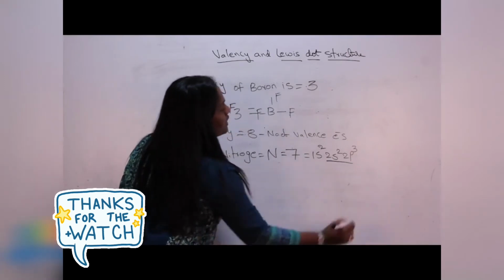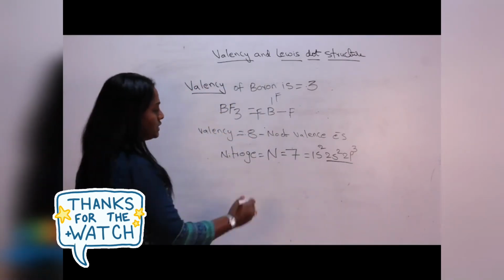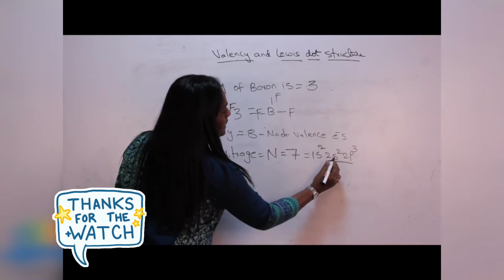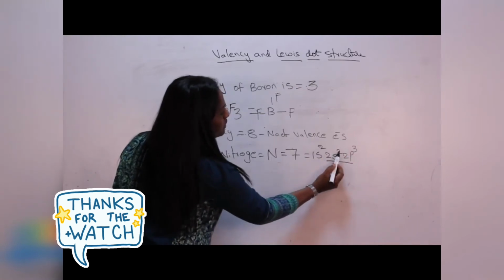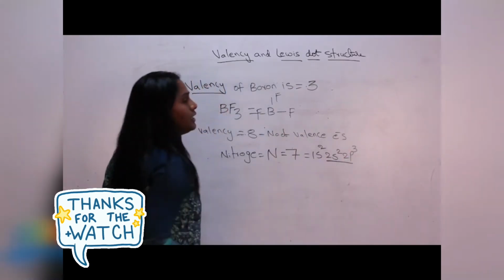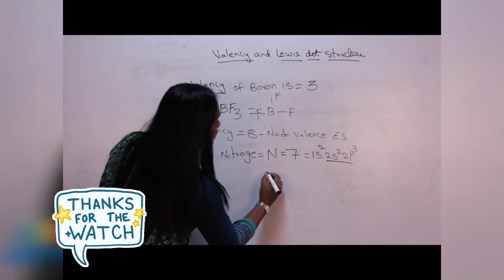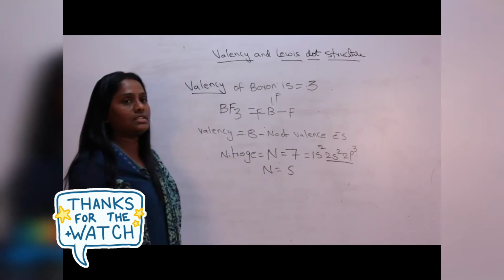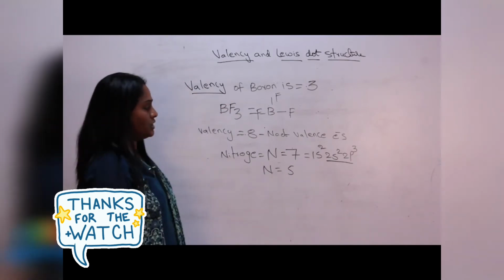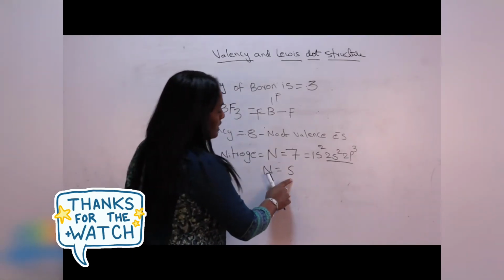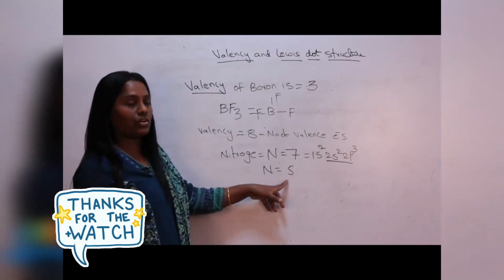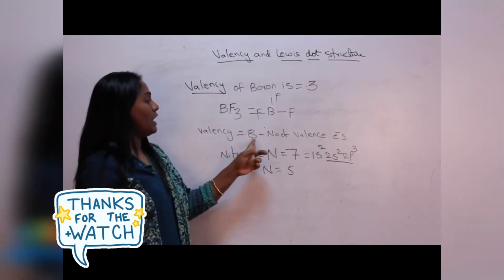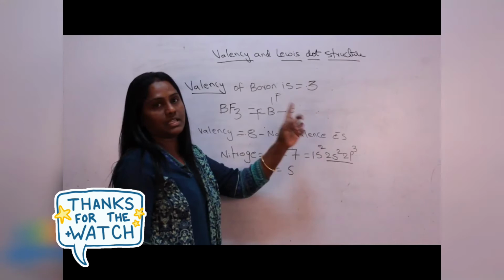This is called its outermost shell. How many electrons are present in its outermost shell? Count. 2 plus 3, that is equal to 5 valence electrons for nitrogen. When valence electrons are greater than 4, then you have to apply the formula 8 minus the number of valence electrons